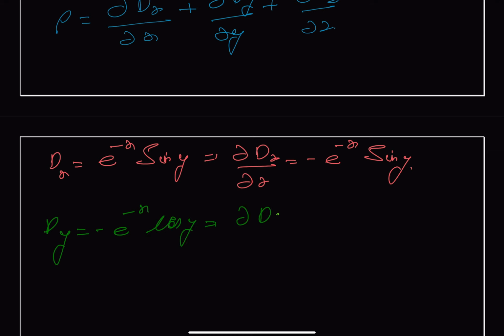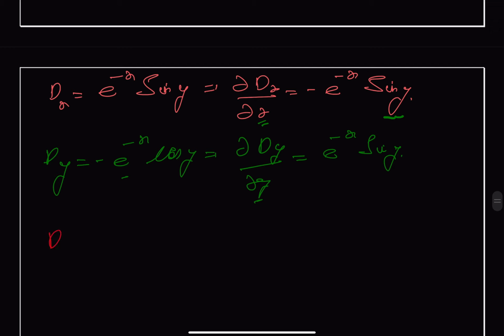This gives us e raised to the power minus x, and we get a sine of y. And finally, we have our d of z, which is twice z. So we get the partial derivative of z with respect to z will be equal to 2. So we substitute,